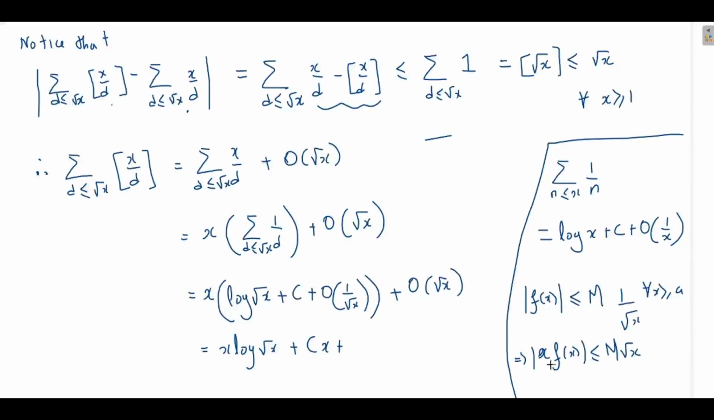So what does this tell me? It tells me that x times f of x will be big O of square root of x. So if I multiply x to big O of 1 by square root of x, what I get is big O of square root of x plus big O of square root of x. And big O of square root of x and big O of square root of x will give us big O of square root of x, that is x times log of